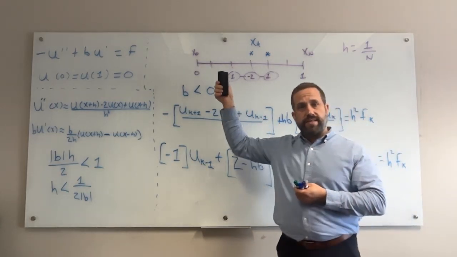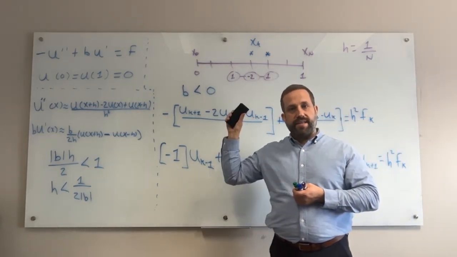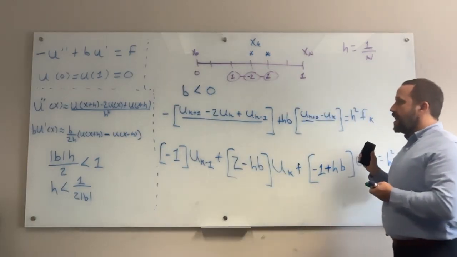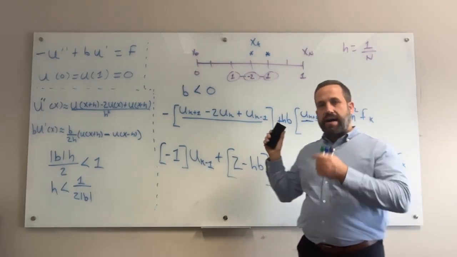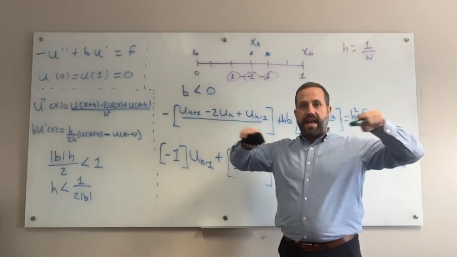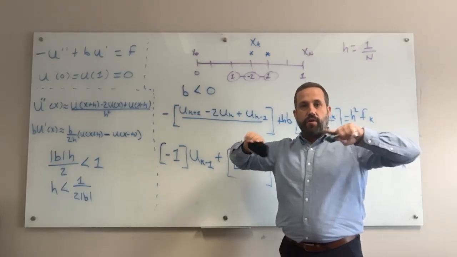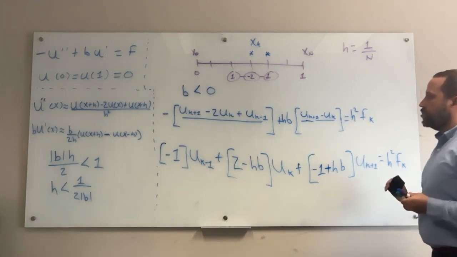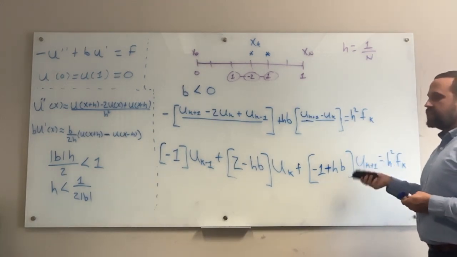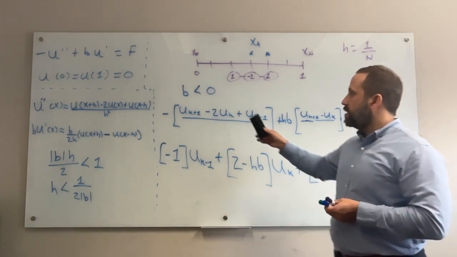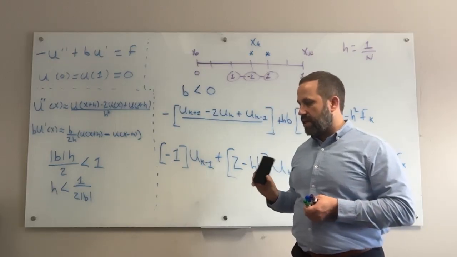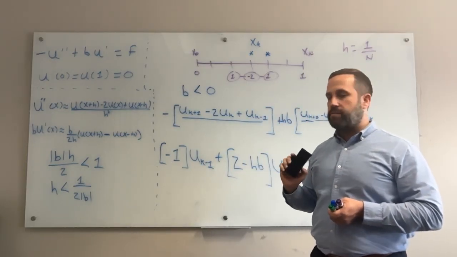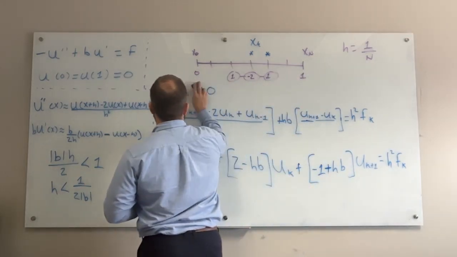Also, it would work if b is a variable and b is always positive, or if b is always negative. If b is variable, though, if b can depend on the grid, if b is not a constant, it's a function of x, then what we want to do here is have a different scheme that is going to change depending on what the sign of b is. So let me just first,